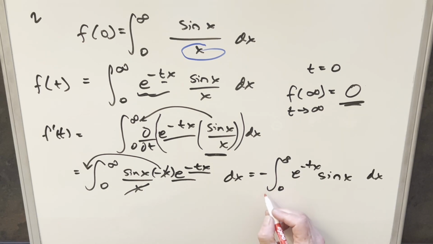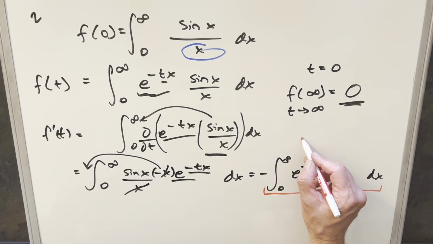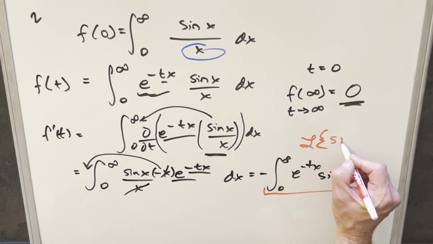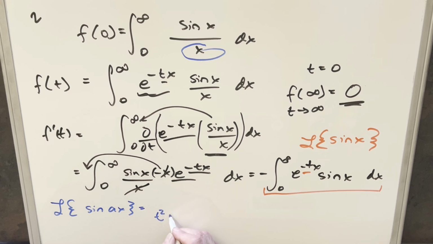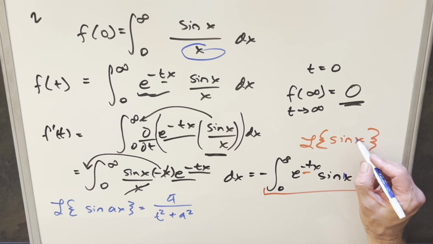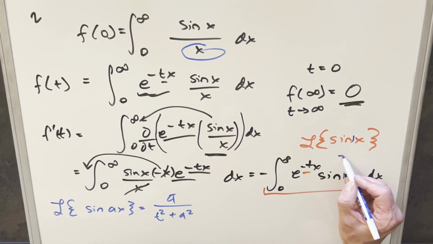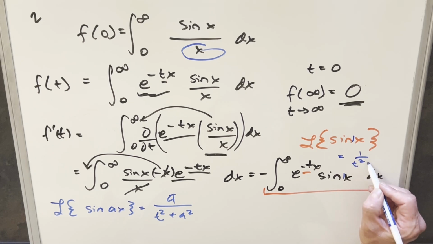And now for this integral right here, we could do this by integration by parts, but I'm not going to, because what you'll notice is this is actually the same thing as the Laplace transform of sine of x. So what we can do is just use a formula in order to get a value in terms of t. We have this formula for the Laplace transform of sine. We usually have it like sine at, we usually use t, but we'll say the formula for the Laplace transform of sine ax is the same thing as a over t squared plus a squared, with a in the numerator. But with what we have right here, the coefficient on the x is just 1. So this is actually just going to become 1 over t squared plus 1,